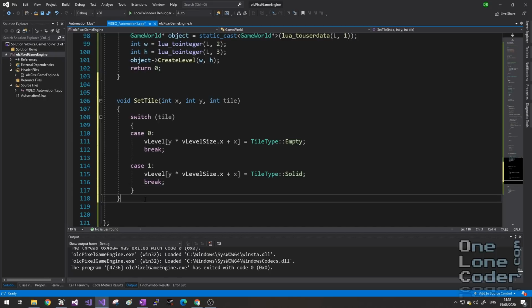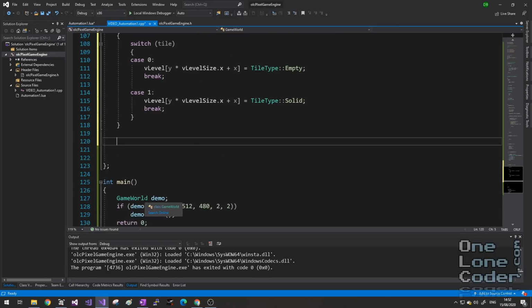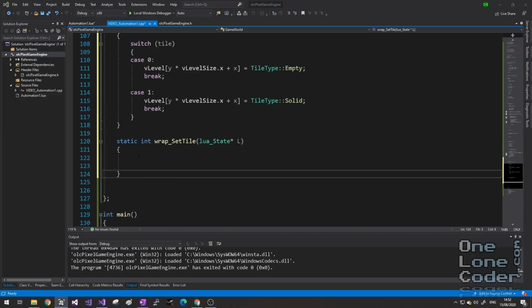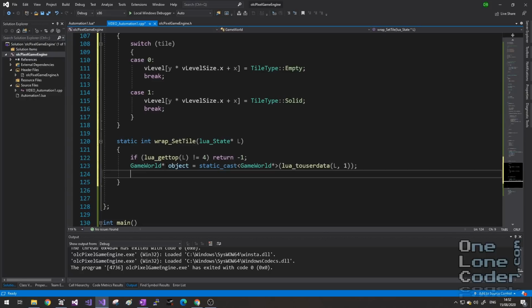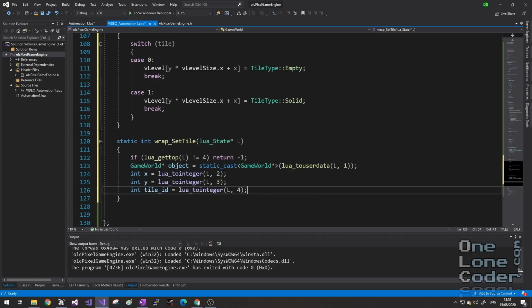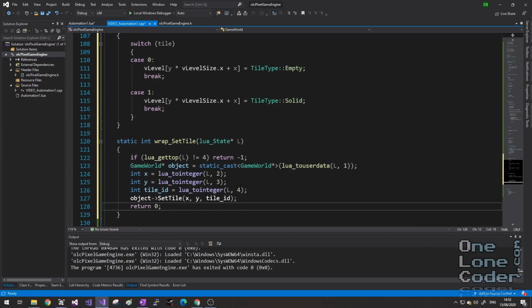Just as before, I'm going to need a wrapper function, which is the one Lua actually calls. I can take this opportunity to do some very basic error checking. The first object returned is always going to be, and this is just my protocol, this is how I'm implementing these things, the pointer to this object. Then it's going to be the coordinates and the tile ID itself, and with that information, I can call my